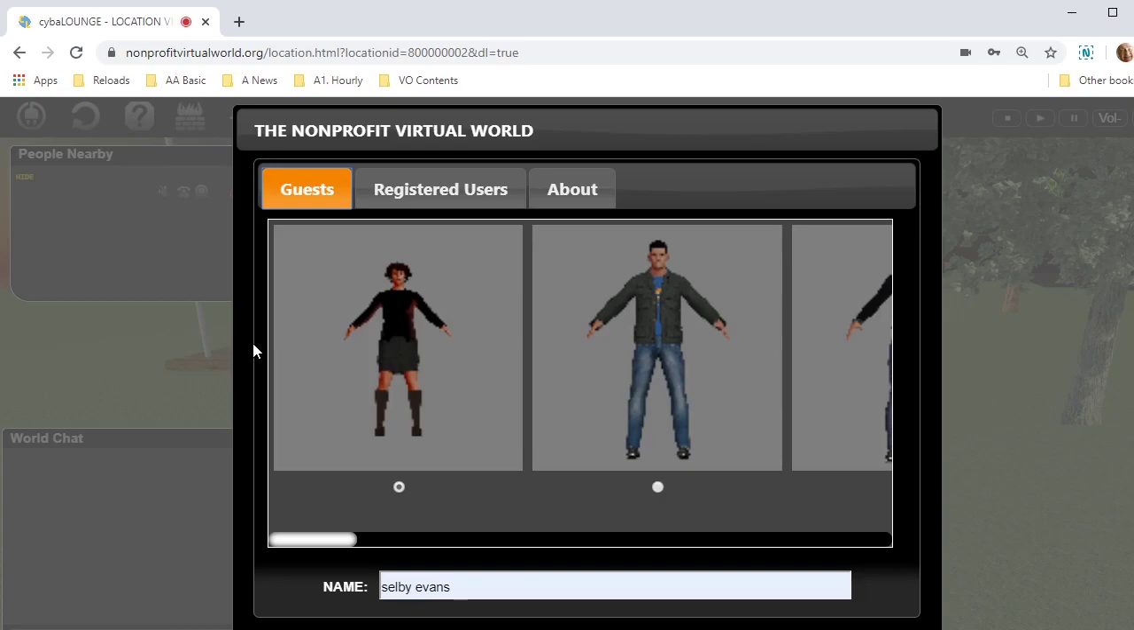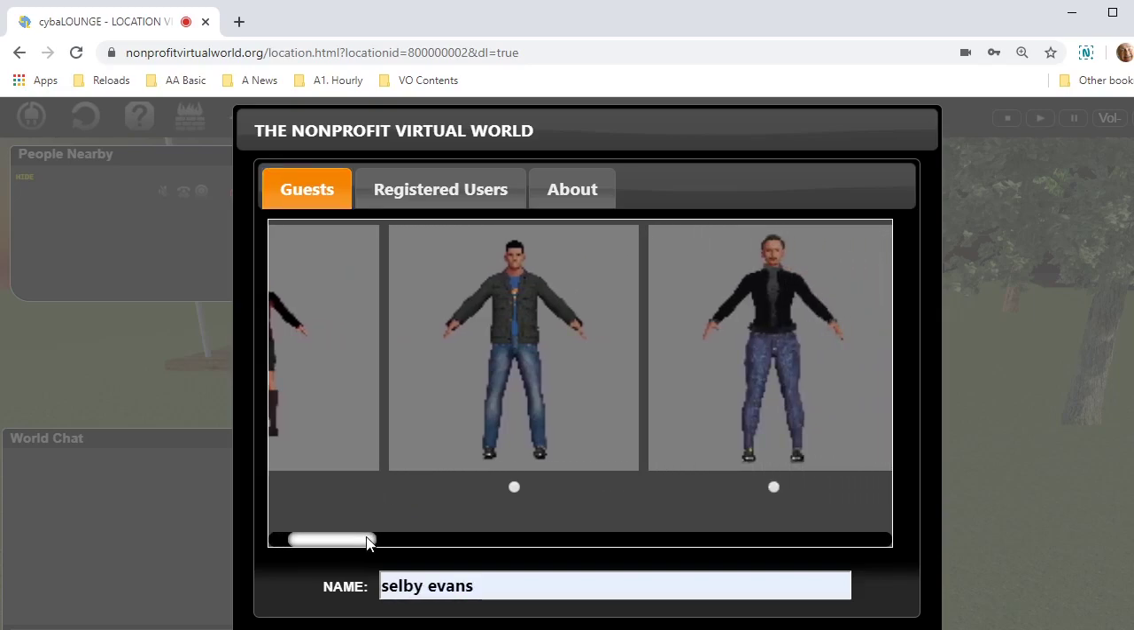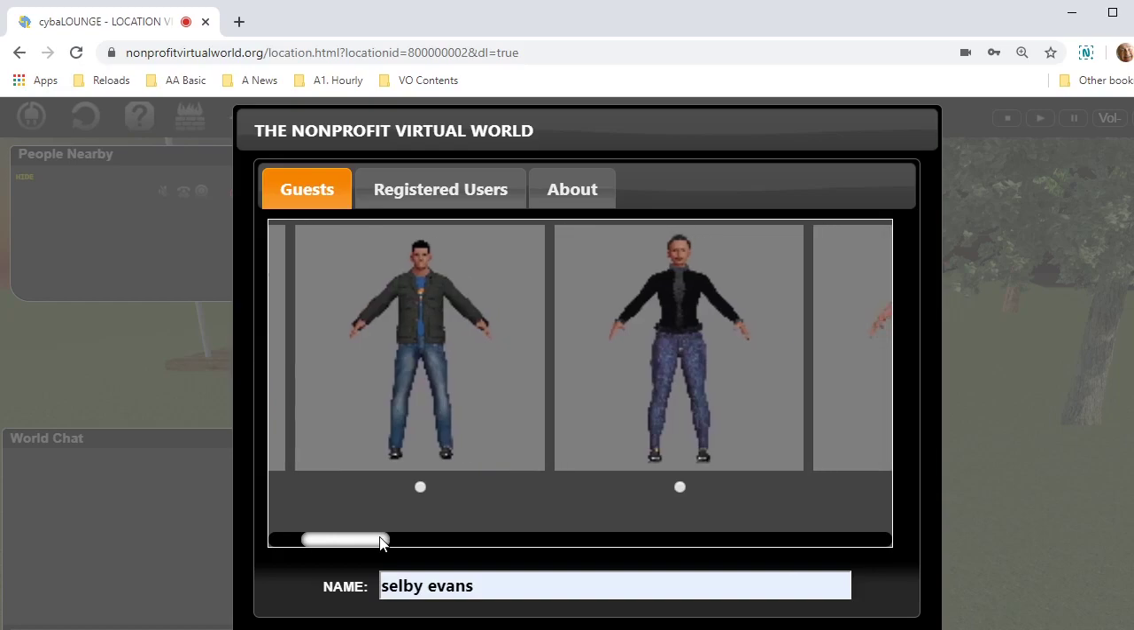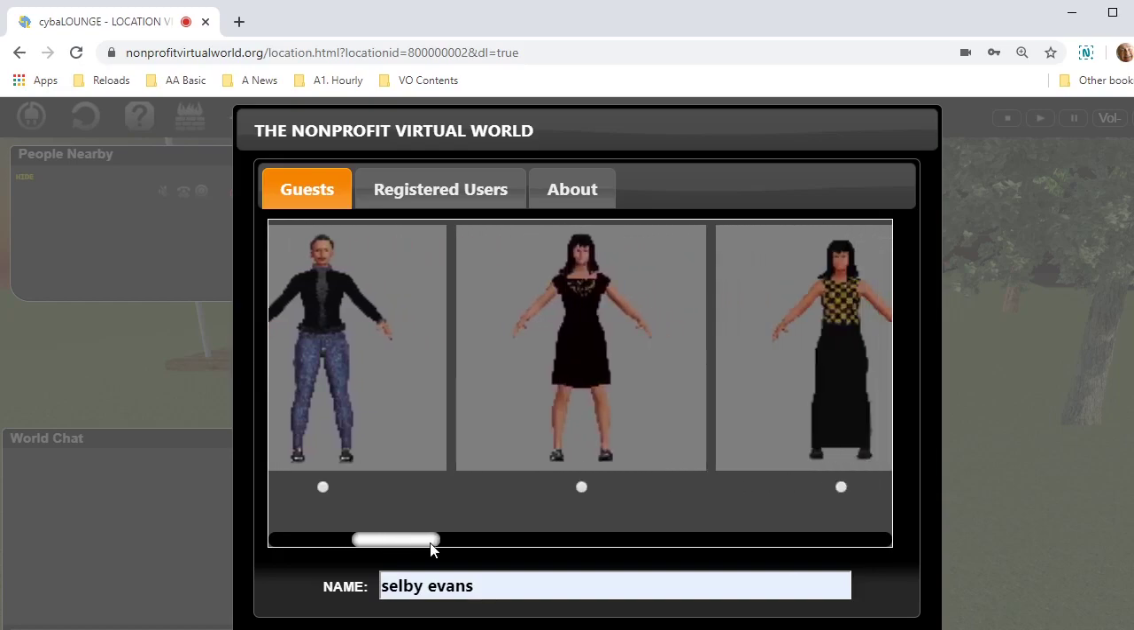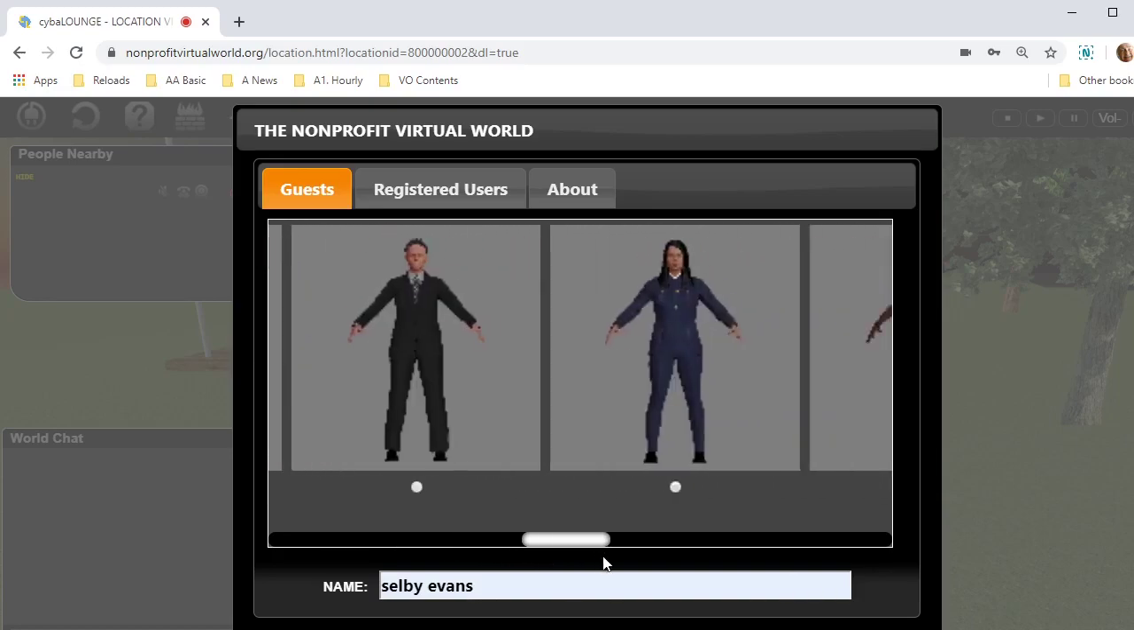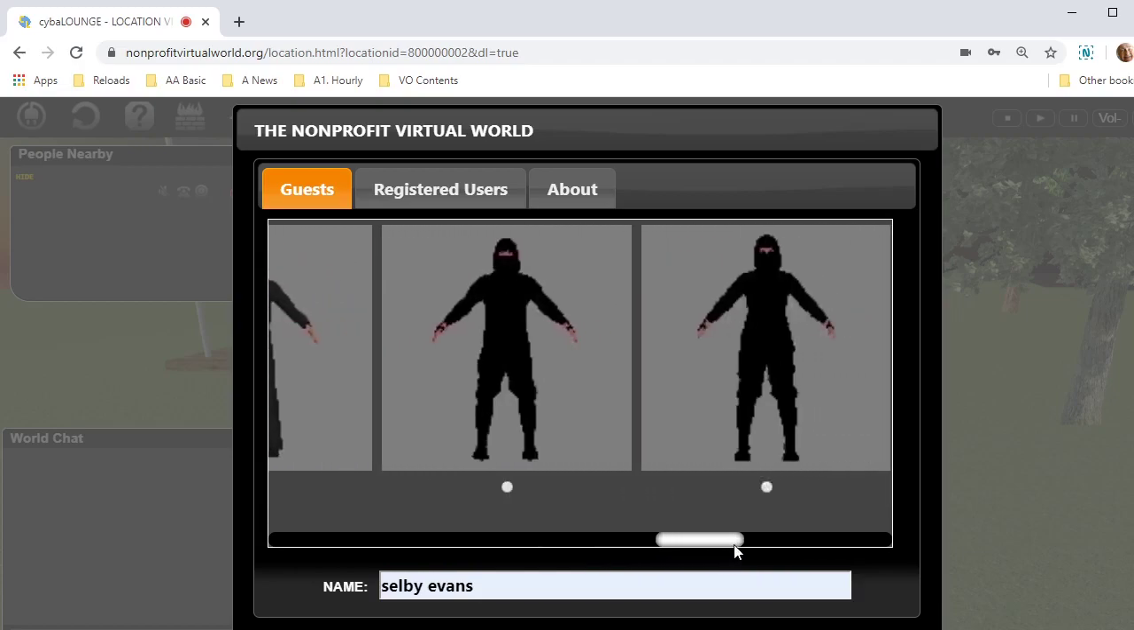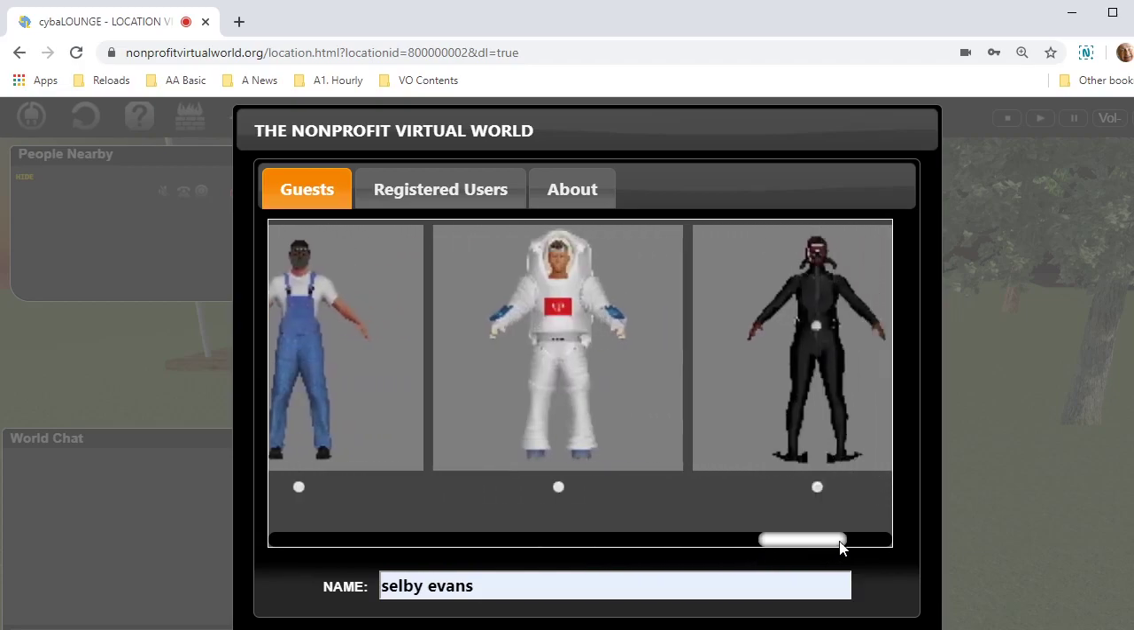To go in, I've got to choose an avatar. And as a matter of fact, an avatar has been pre-chosen. That's this one on the extreme left. It's the one with the little radio button that has a dot in it. But I don't want that. I'm going to scroll using the little bar at the bottom. I'm going to scroll that little bar over to the other end, because over at the other end, I've got